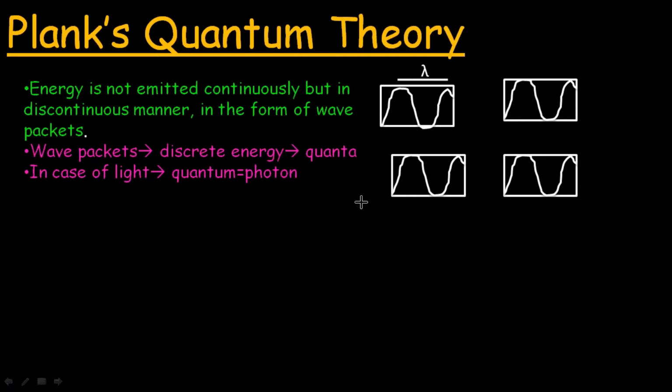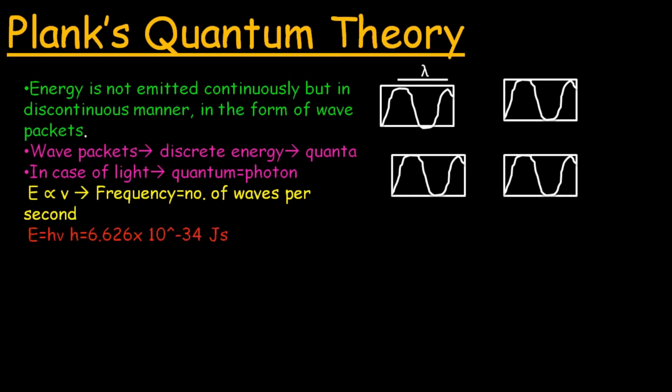These waves possess energy, and their energy is related to their frequency. Frequency is the number of waves per second. The greater the frequency of a photon, the greater its energy. This relation is summarized in this equation, which says that energy is equal to h nu, where h is Planck's constant, equal to 6.626 × 10^-34 joule second, and